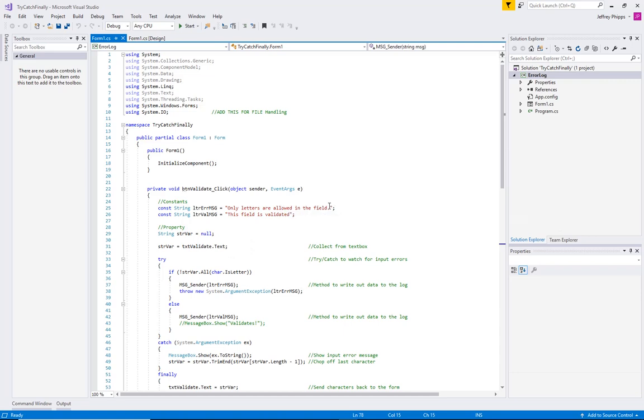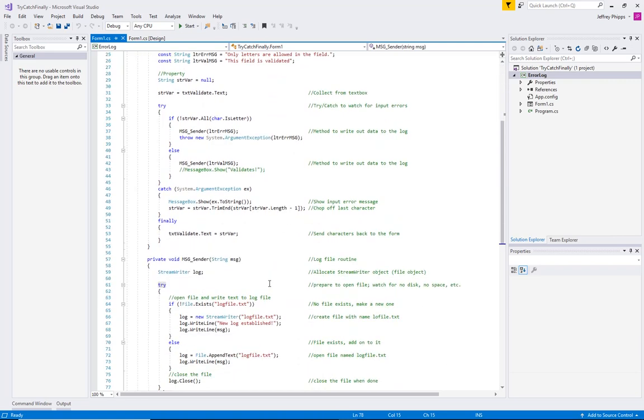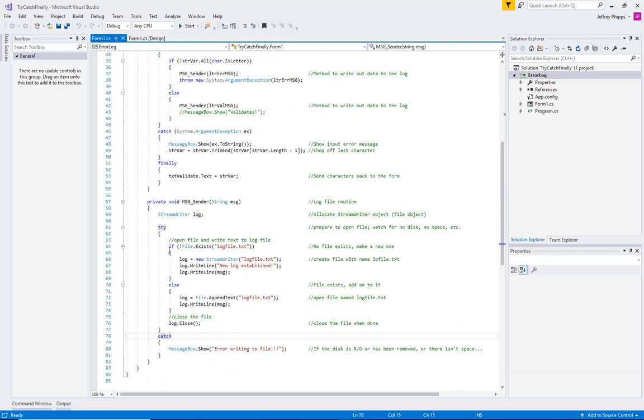I've made the text that is going out into constant strings so that they can be just called by that name and not have to keep typing letters. And then this is the same. I've documented this over here. I have a try-catch here now that we had last time, and the only difference is that I've modified it by saying MSG sender, and I send in one of the messages, in this case letter error message, which is this up here, and it sends it to there, and then when it goes down here it's checking to see